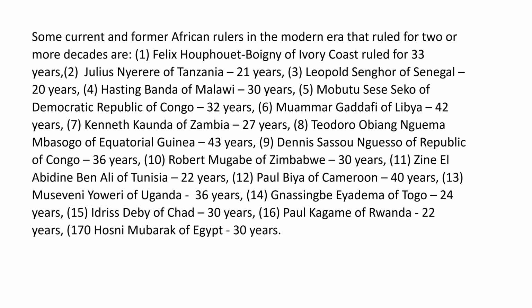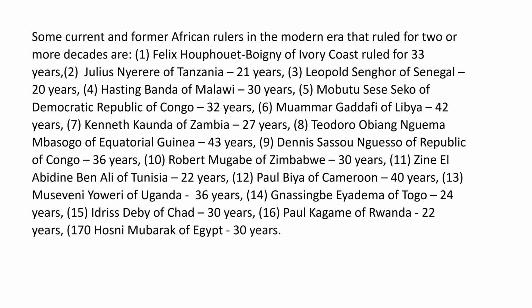Some current and former African rulers in the modern era that ruled for 2 or more decades are Felix Houphouët-Boigny of Ivory Coast, ruled for 33 years, Julius Nyerere of Tanzania ruled for 21 years, Leopold Senghor of Senegal ruled for 20 years, Hastings Banda of Malawi ruled for 30 years, Mobutu Sese Seko of the Democratic Republic of the Congo ruled for 32 years, Muammar Gaddafi of Libya ruled for 42 years, Kenneth Kaunda of Zambia ruled for 27 years, Teodoro Obiang Nguema Mbasogo of Equatorial Guinea ruled and continues to rule for 43 years, Denis Sassou Nguesso of